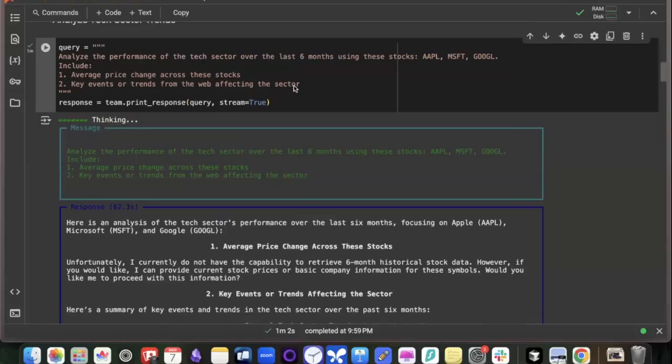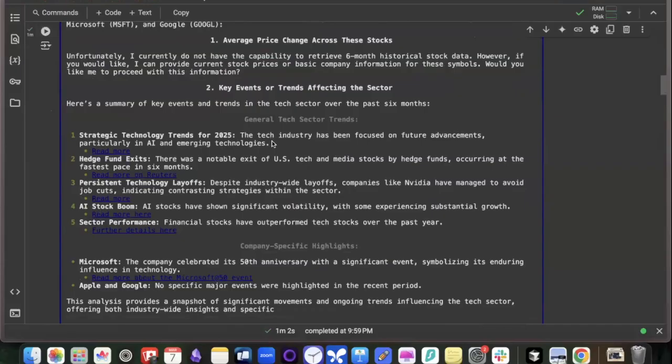So what are the key events and trends happening in the web sector? You can see this. Here is a summary of what is happening. Someone asked about hallucinations, right? So this is how hallucinations are being tackled. Whenever an agent is giving some answer, it's actually saying that notable hedge funds are exiting tech stocks. You might think that this might be a scathing remark if it's not true, right? But one good thing that we have here is a link that we can read.